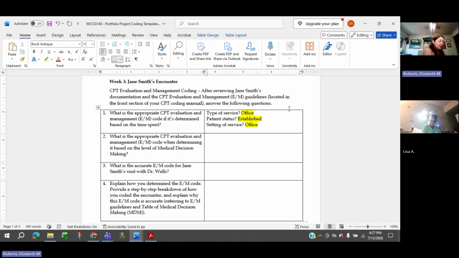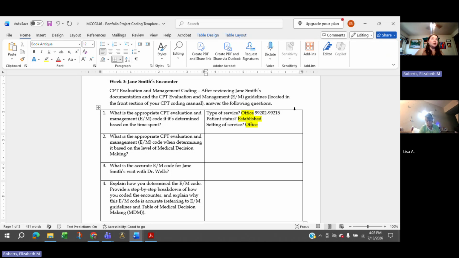You can see in green, it says office or other outpatient services. The next heading in green is telemedicine. We know that this is an office visit, so we're going to start right there. We already know that our code range is going to be 99202 through 99215. We're already narrowing it down. Underneath that in red, we have, because it's less than 3 years.